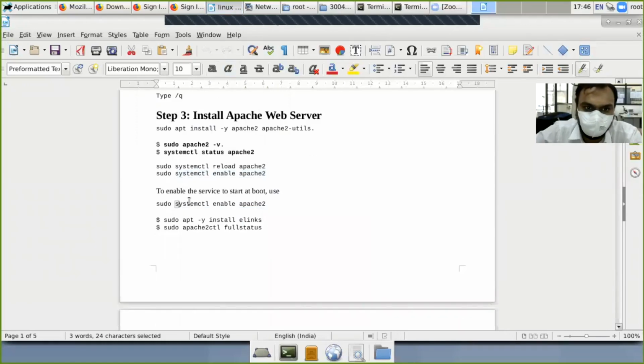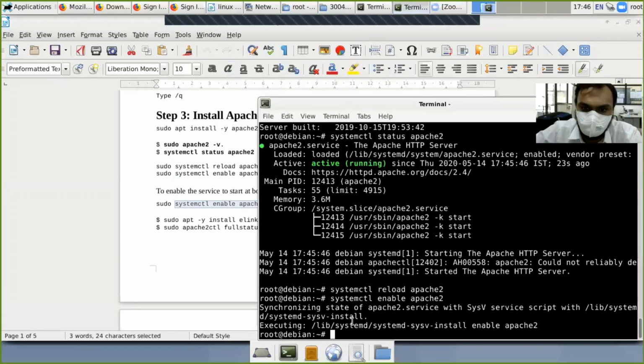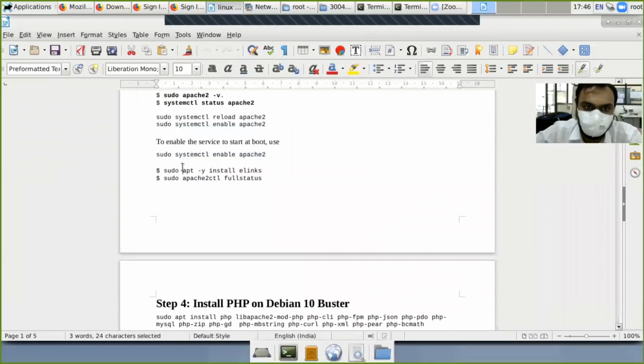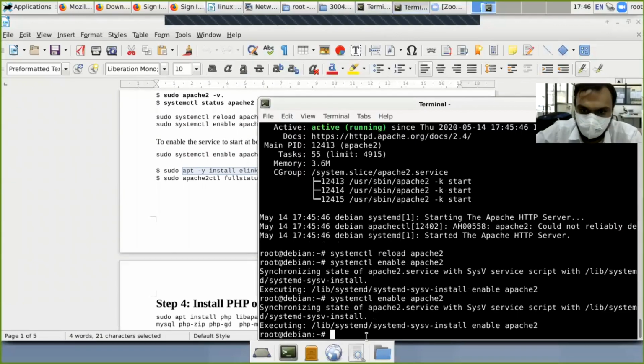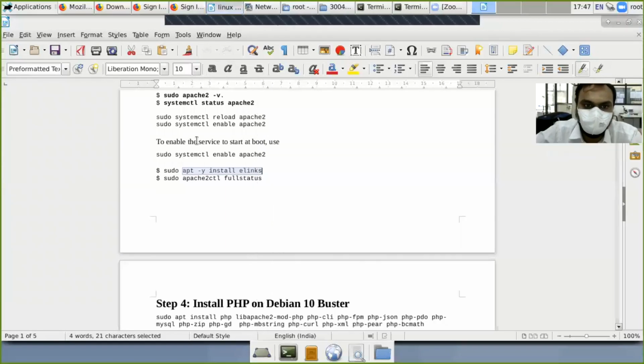So again type systemctl enable apache2. When you turn on your PC, your Apache server will start working. Now you have to install some modules so that better functionality is there, and after that check the apache2 full status.